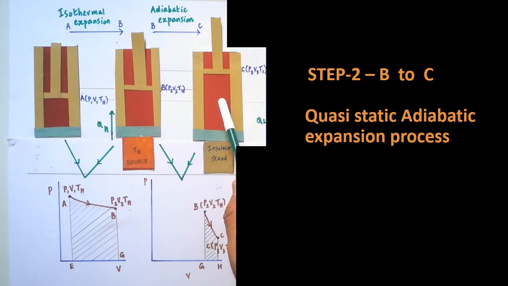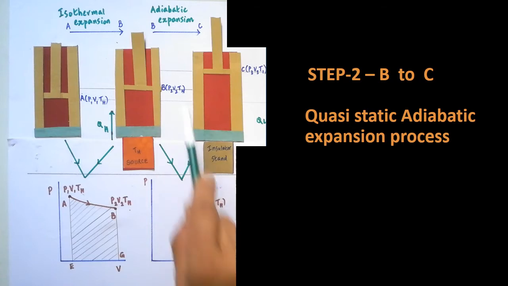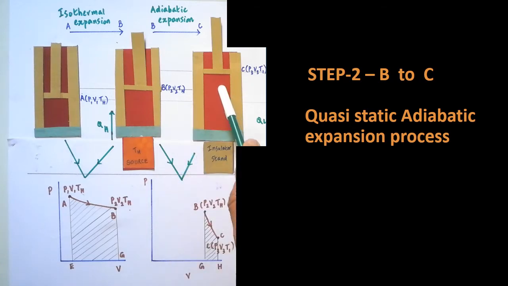The work done by the gas can be found with the help of drawing a PV diagram. Let us imagine this is the initial position of the piston, B. There the pressure is P2, volume is V2, temperature of the system is taken as TH. Here when the piston goes up, expansion takes place. Therefore pressure decreases, volume increases. But it attains a new temperature. So the new temperature is T1. Initially the temperature was TH. That's why this process is called the adiabatic expansion process.